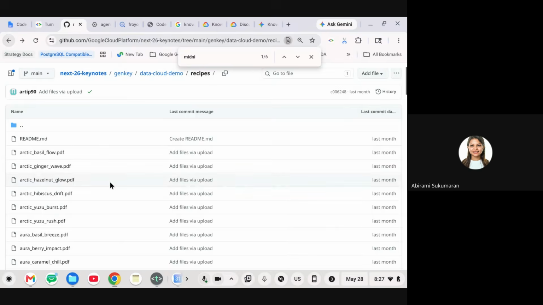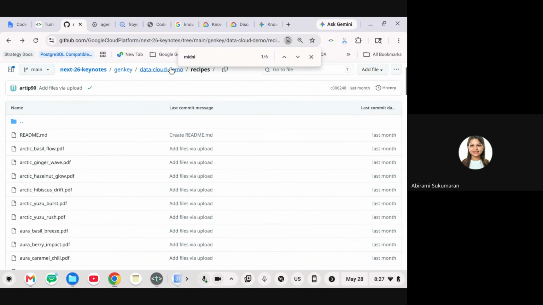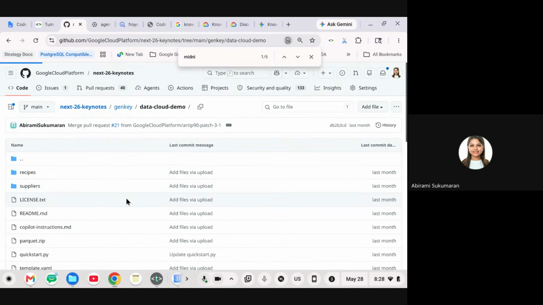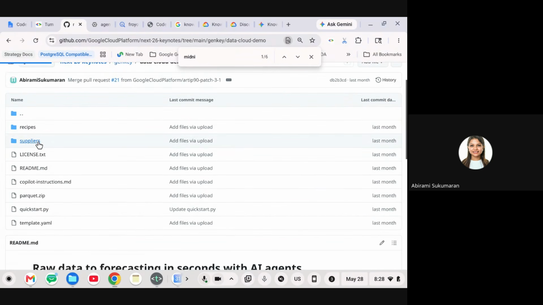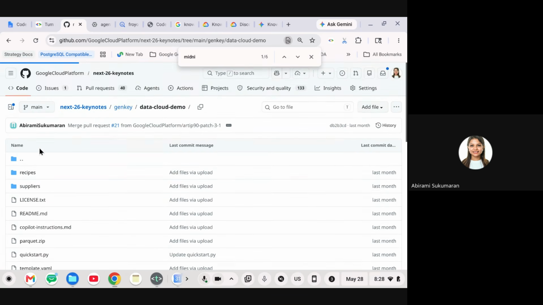So for the time being, let's download this file and keep it for reference, and go to the suppliers folder. You will all have access to this repository. It's there in the codelab. Click this and you can see this repository and the files. If I go to the suppliers folder and search for, again, Midnight 204, that particular ingredient which seemed like a product in itself, and open that file, you will see that it has more ingredients in it.